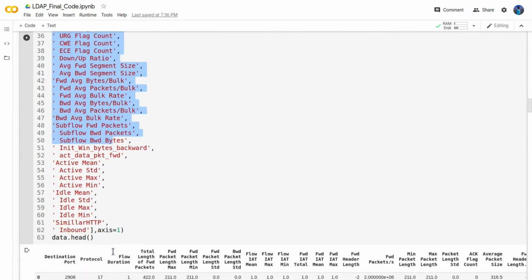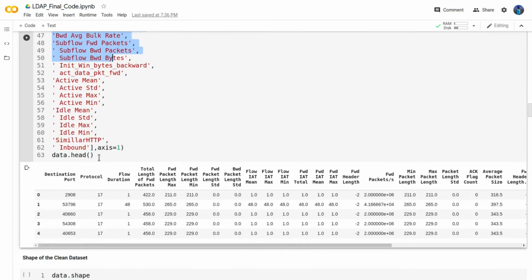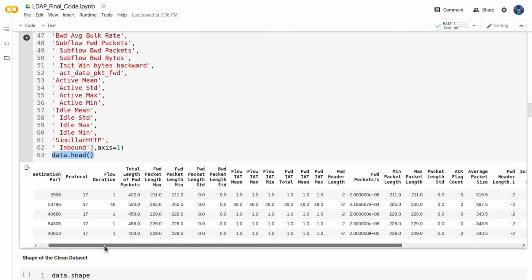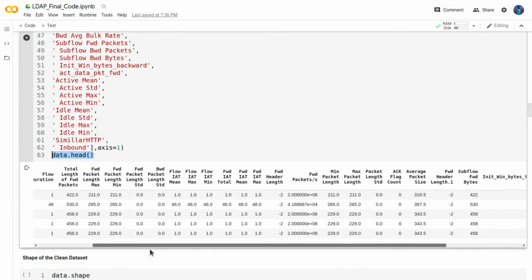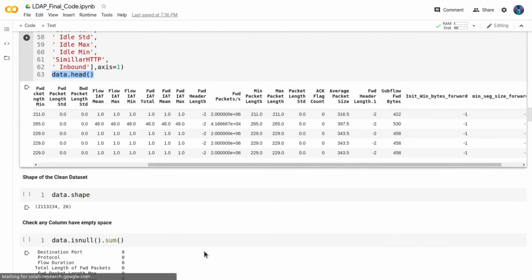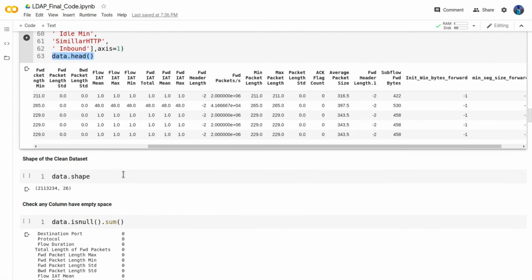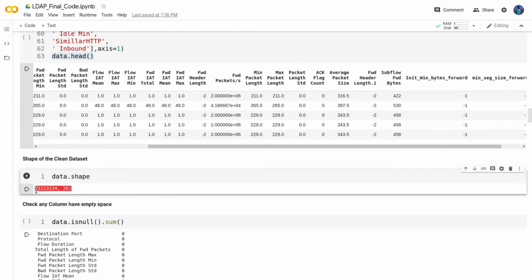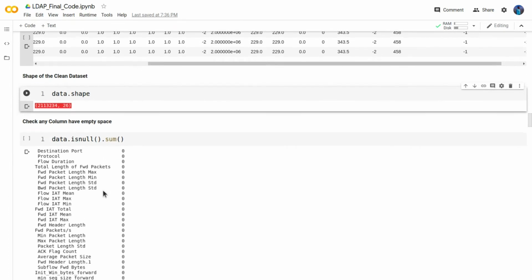After removing them we use data.head again, which shows the first 5 rows of our dataset. Now we see the shape of our dataset: 21134 rows and 26 columns.